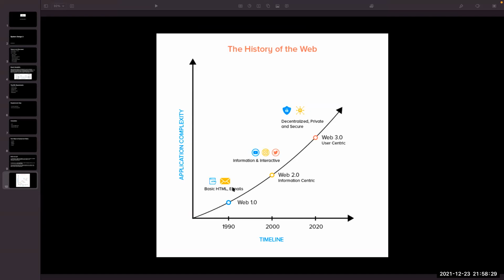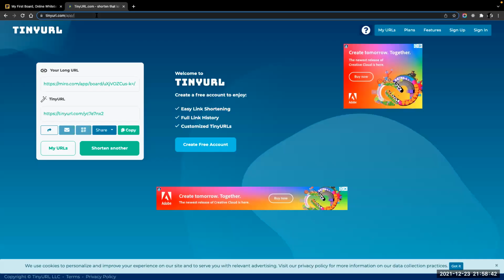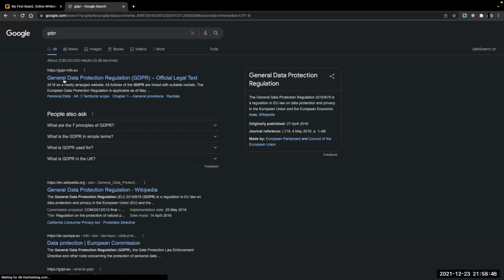For that, in Europe there was a commission called GDPR, the General Data Protection Regulation. I can show you what actually happened with GDPR.